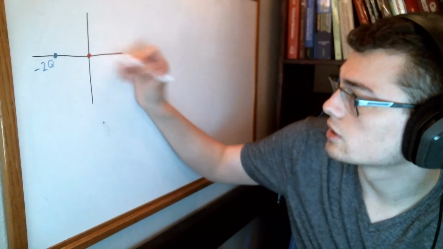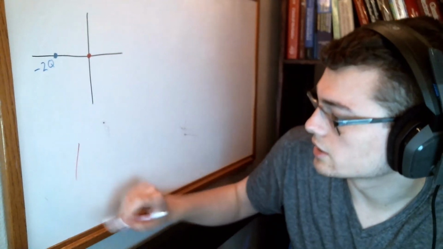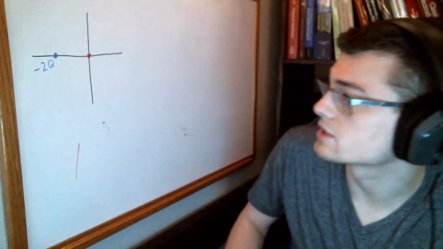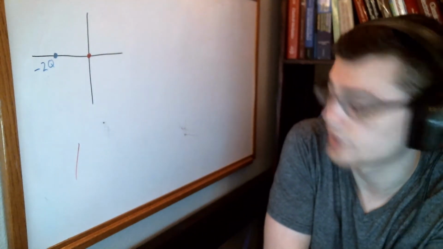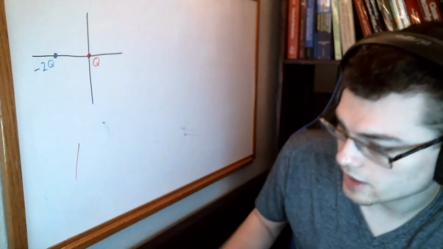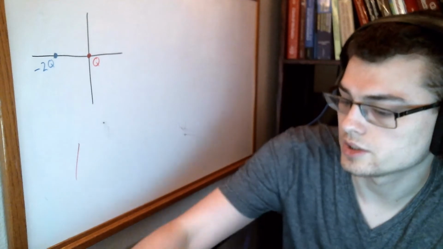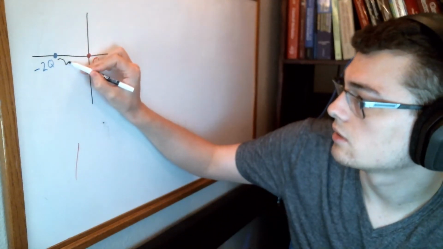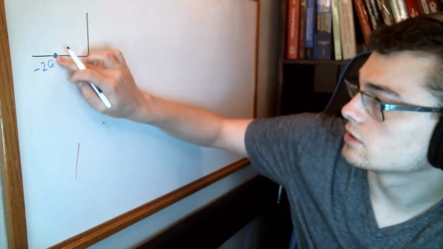This is usually how charges are denoted in physics. You'll have red as positive and blue for negative, and this one will just have some charge q, and then the distance between these two is going to be